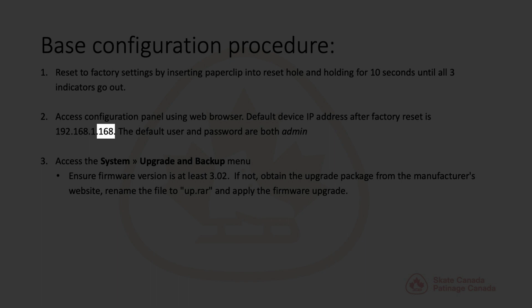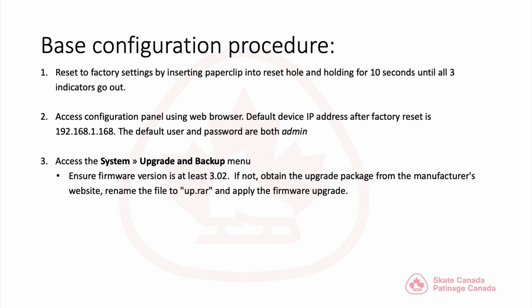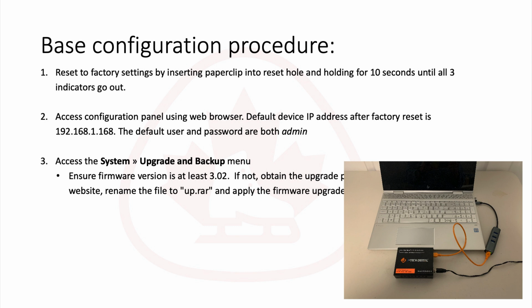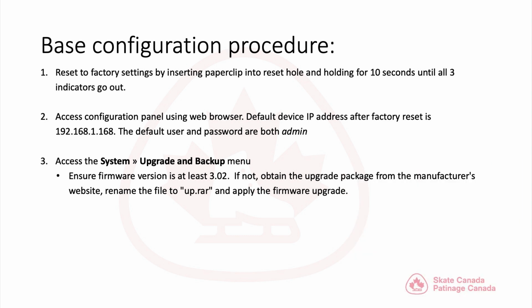For this demonstration, I'm going to assign an IP address with the host number 10. Now, you could potentially connect your computer and encoder device using a properly configured router, but it's easier to simply connect the two devices directly using an Ethernet cable. Unless your computer already has a manually assigned IP address on the 192.168.1 subnet, you'll first need to configure your